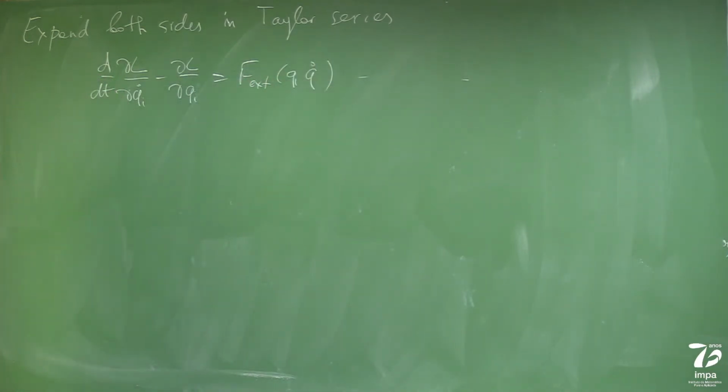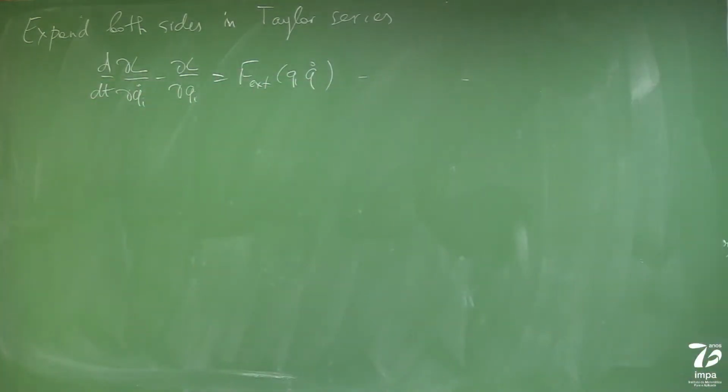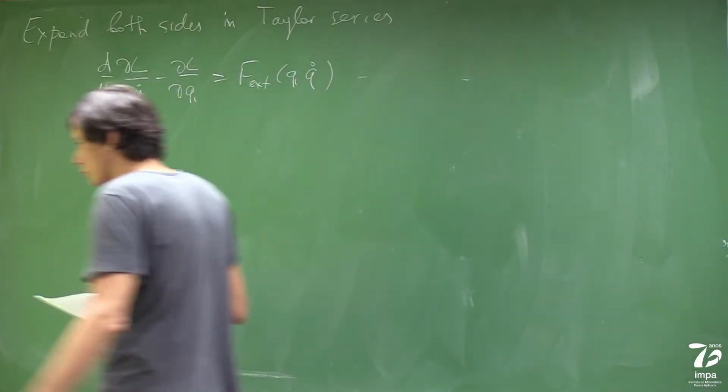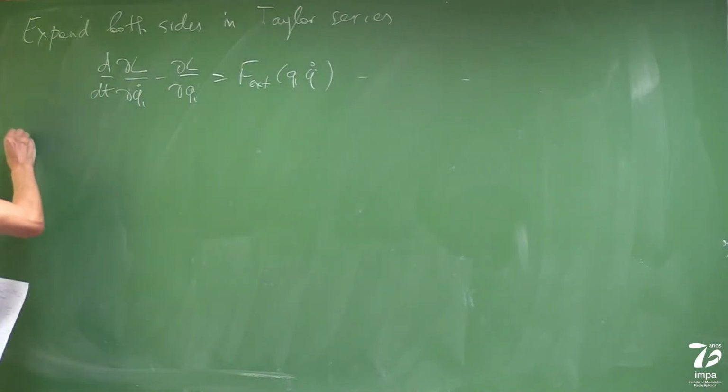For zero order terms, it is already satisfied, because for zero order terms you exactly get this equation. Then next are linear order terms. So there are linear order terms, there are quadratic terms, cubic terms, and in principle all terms should cancel each other. So now we keep